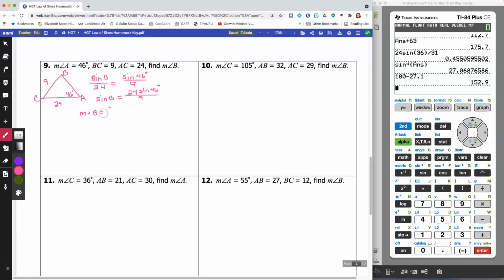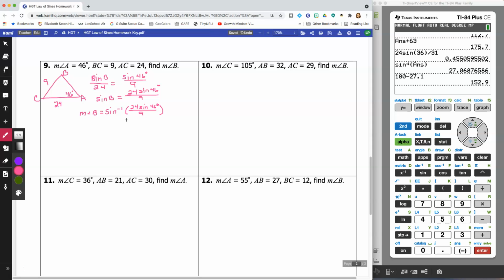To find the measure of an angle, remember that we use an inverse ratio. So the measure of angle B is equal to the inverse sine of 24 times the sine of 46 degrees, divided by 9. Oh, I didn't really need to write it that small or that far up. Now, before I really try and move forward with this, I have to make sure that I